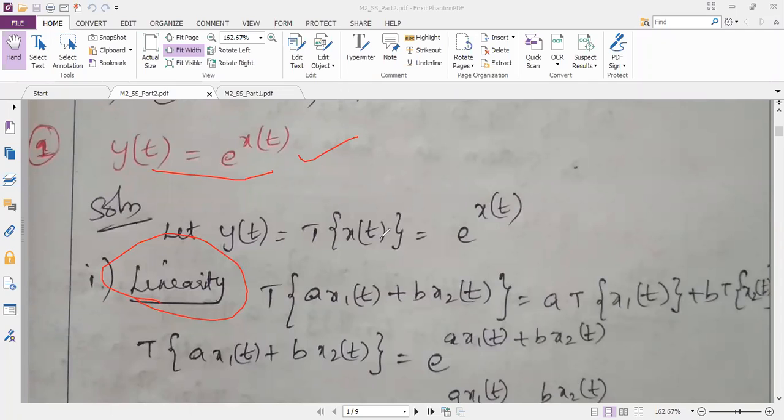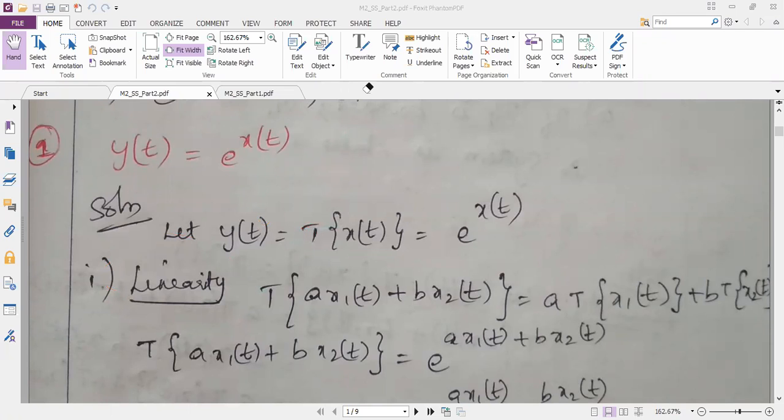So first is the linearity property, and you can see on my screen I have written y of t is equal to T of x of t. You can ask me, ma'am, why you are using T? H is the operator, right? Yes, H is the operator in the prescribed book. Since I have taken these problems from the local author book, I maintain the same variable from the local author book. In the local author book, they have used T. So T and H is not a problem. Both are the same. I hope you are understanding it. So the operator can be any variable. As per the local author book, I am using T only.